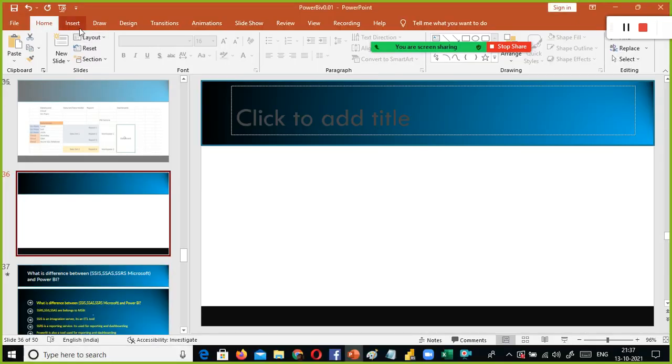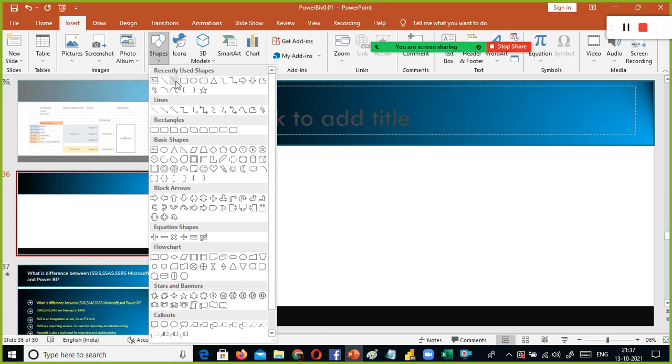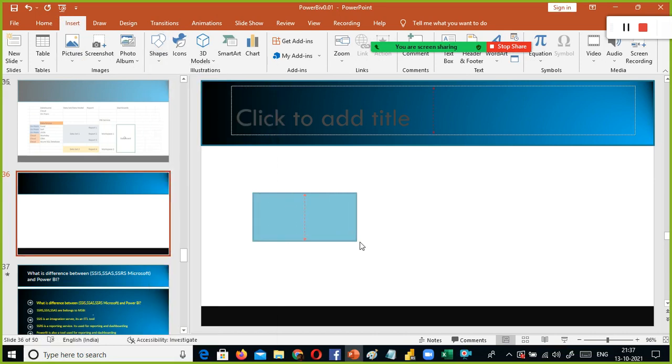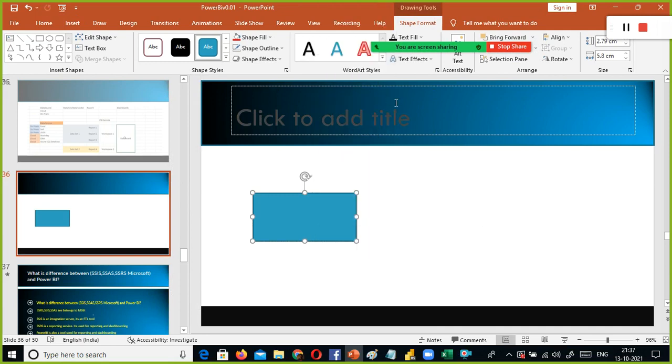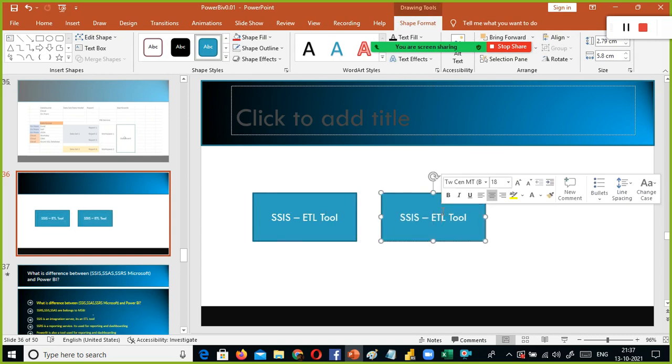So what we do is we use an ETL tool like SSIS, or you can use Informatica also. SSIS is an ETL tool. We will use it to process the data and transform the data. So you will have the processed data using the SSIS software.